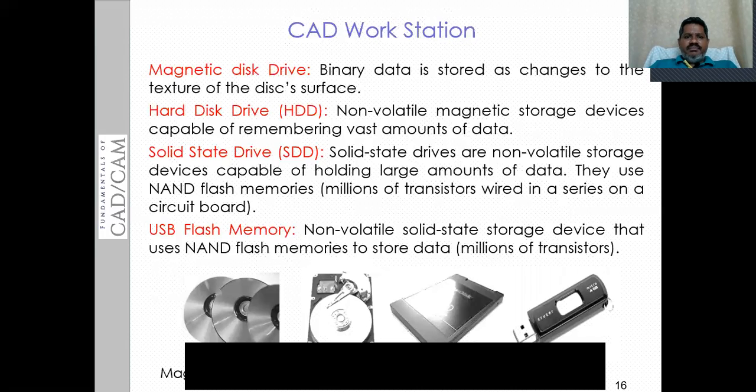When you come to the magnetic disk drive, you might have seen a CD, that image you can see on this screen. It is a disk on which you have a coating, an optical coating. The data is stored in this disk in the form of binary data. This disk is going to store the data in binary form, binary form meaning zeros and ones,